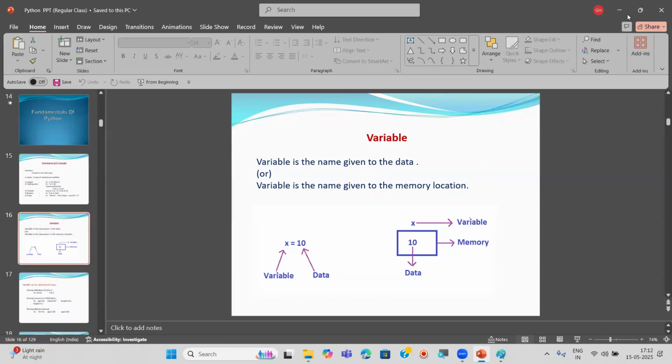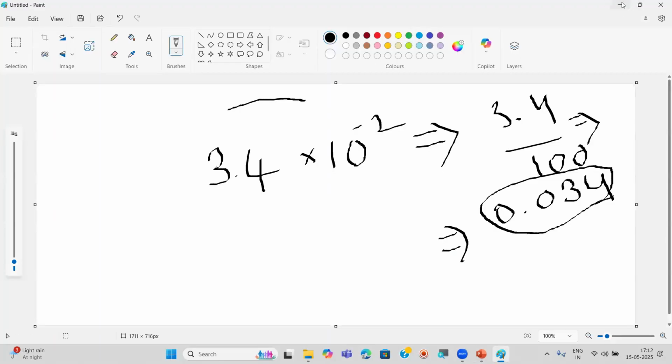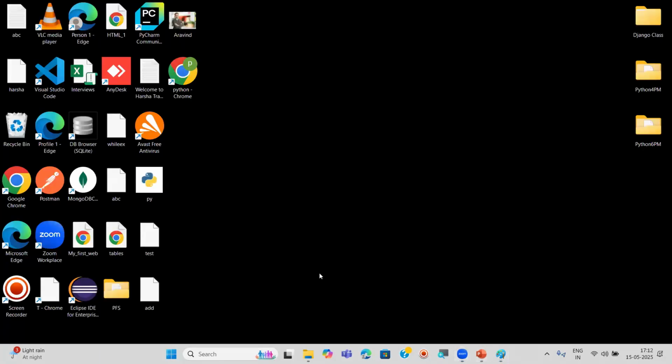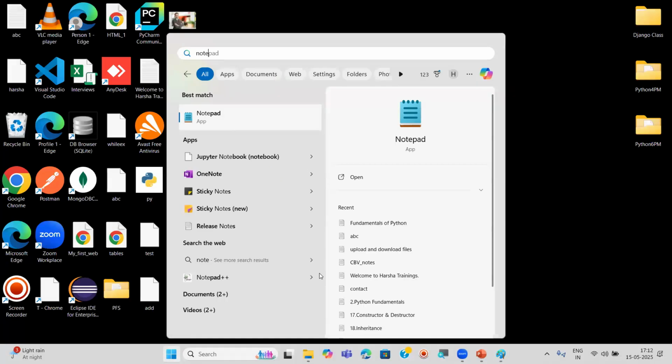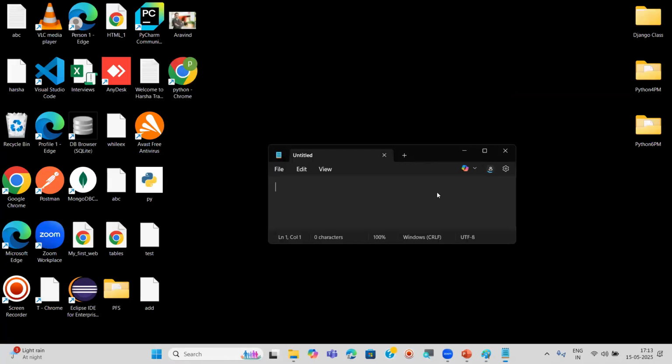Now, we can represent the variables in different ways. Basically, three ways we can represent. So what are the three ways here? See, we can represent the variable using alphabets, A to Z, any, that may be capital or small. Just now I was using x equal to 10, or you can take capital A equal to some value like this. Using alphabets, you can represent.